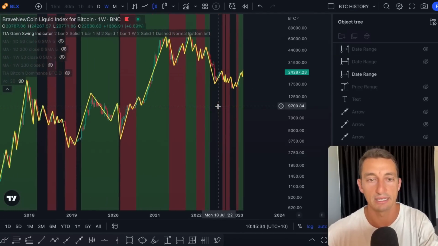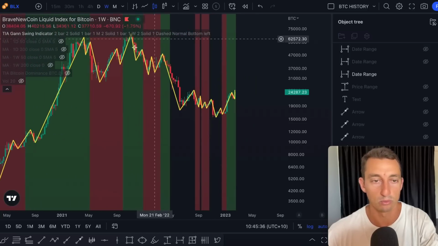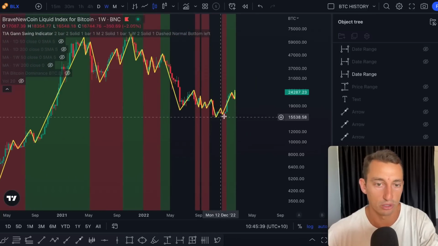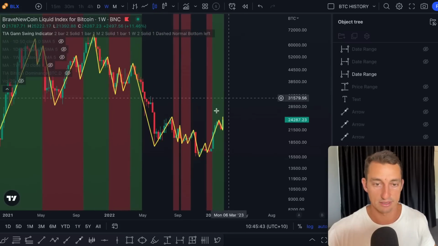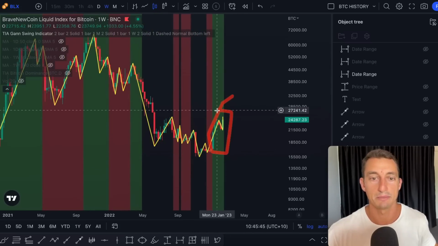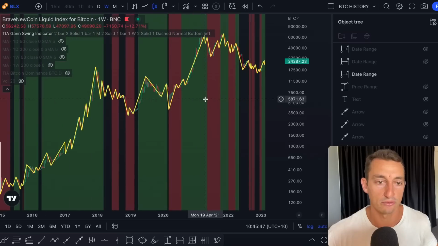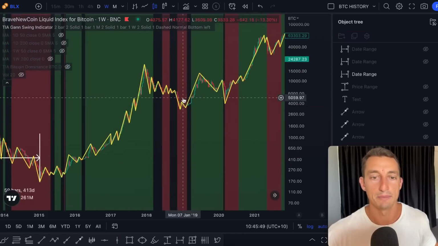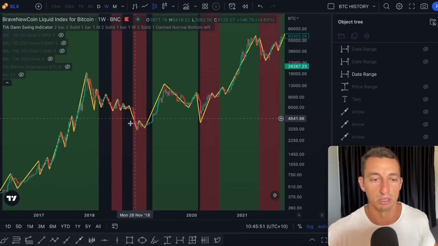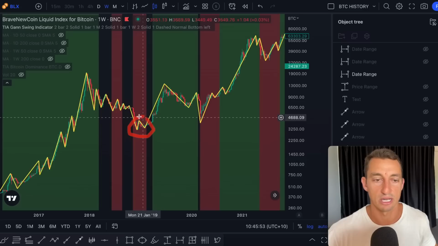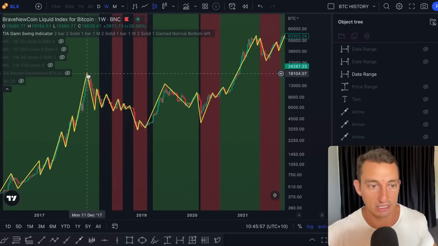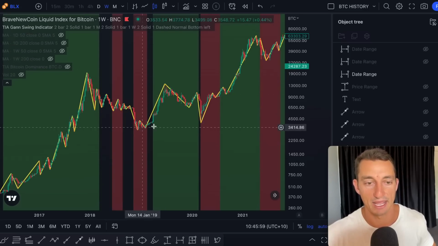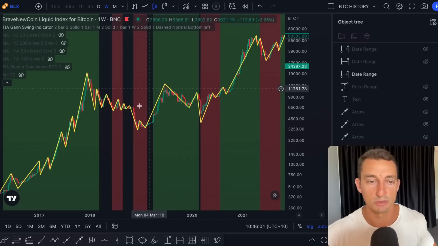Essentially, we've been in bear markets before. We go down for a year or so, and then once this market turns green, like you can see here, this generally marks the end. And we've only got a few cycles to look through here, but the market has not gone below the previous cycle low. So let's first take a look at the 2017 top, the 2018 bear with that sideways accumulation period,